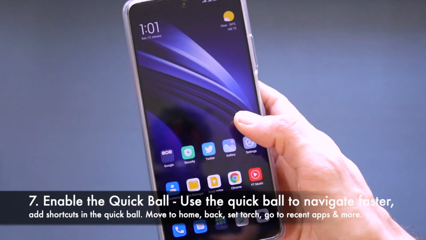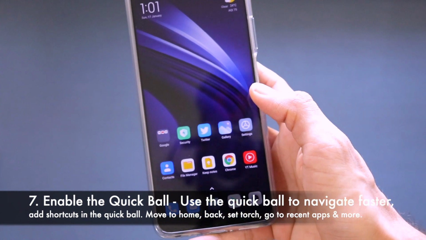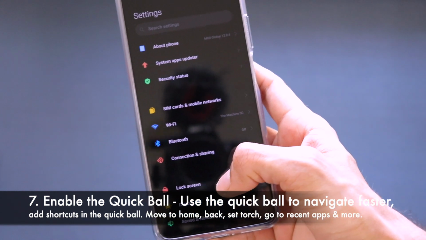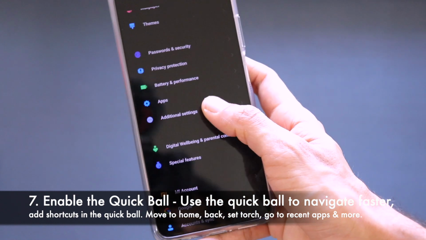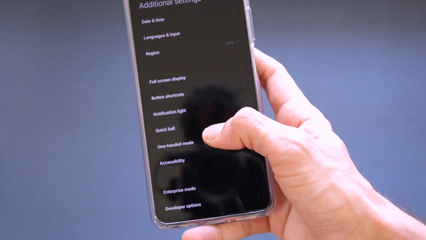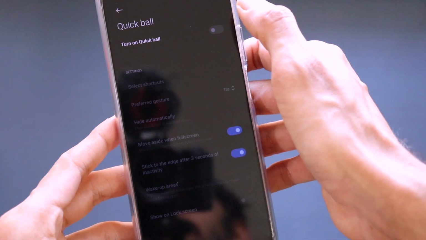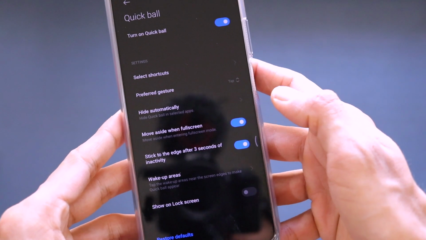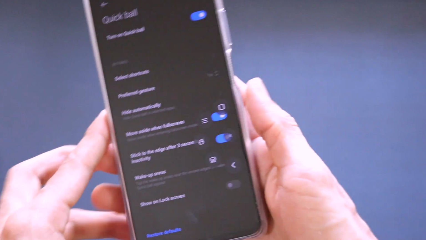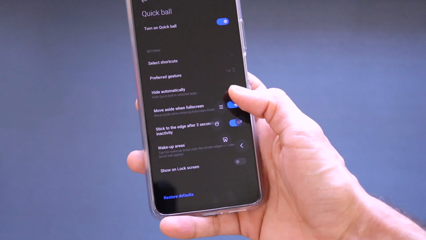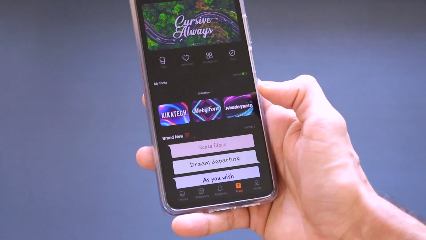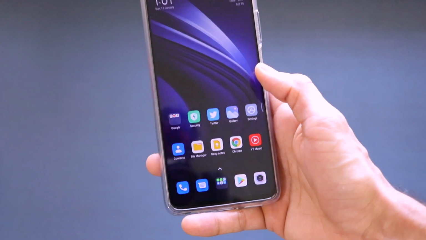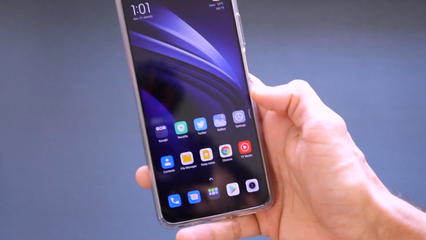So guys, the eighth important thing that you can do on your Xiaomi Mi 10i device is to have a quick ball feature. So in order to enable the quick ball, just go to the settings and just go to additional settings, and in the additional settings we have something called quick ball. Turn on, and the quick ball will get enabled. So quick ball helps you to quickly navigate between your home screen interface and throughout your smartphone. You just want to go home, just click on this. Want to go to recents, I can just go to this. If I just want to lock the screen, I can just click on this, with the help of which I can make sure that the actions are performed a little bit faster with the help of this quick ball.